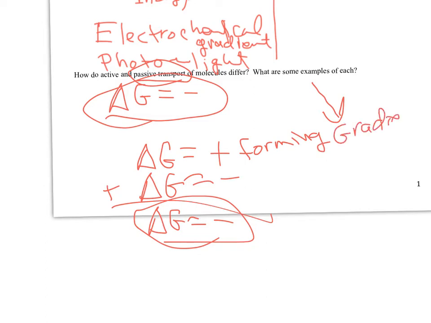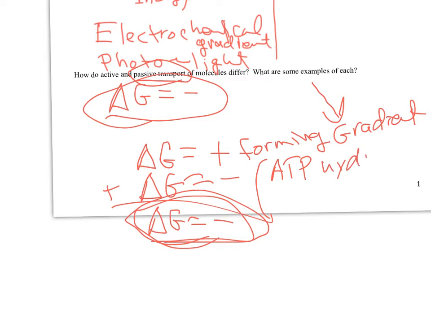So if this is forming a gradient, okay, then for delta G, you need to couple it to something that can help energize that process, and linking it to that process will create an overall net delta G that is negative. Then that reaction will occur, that transport will occur. Now, this is where we use ATP hydrolysis, or a gradient